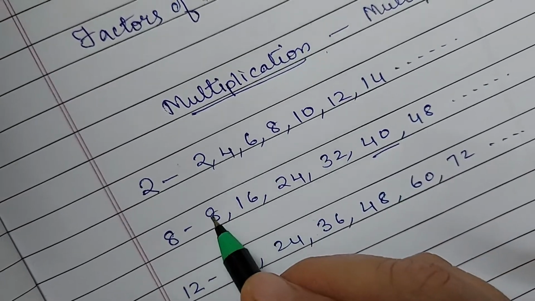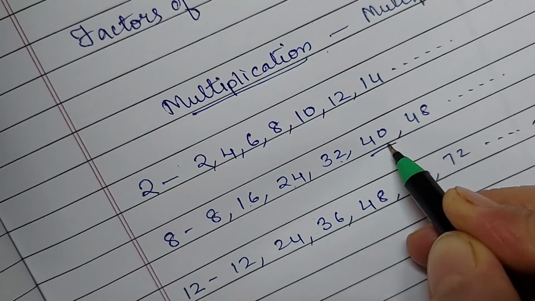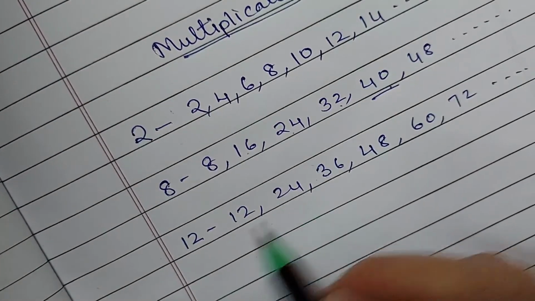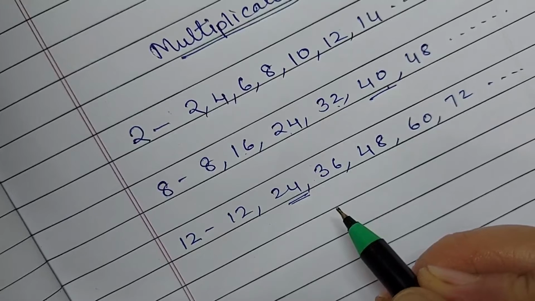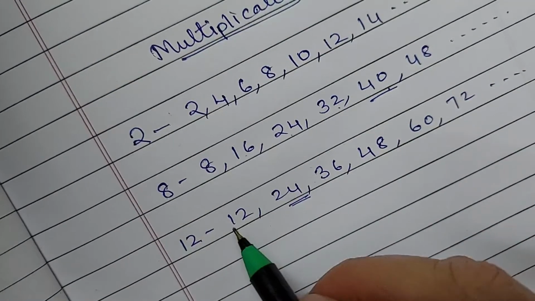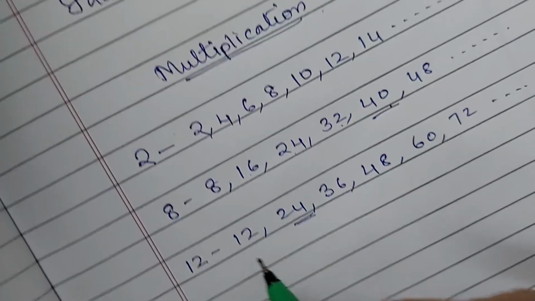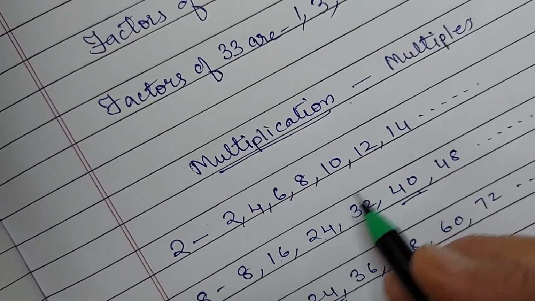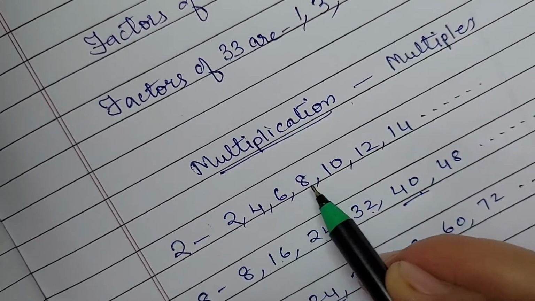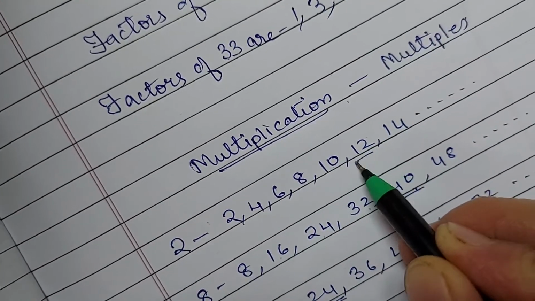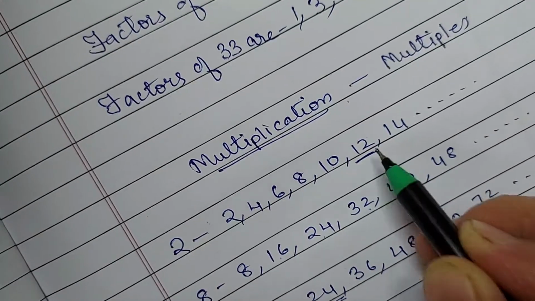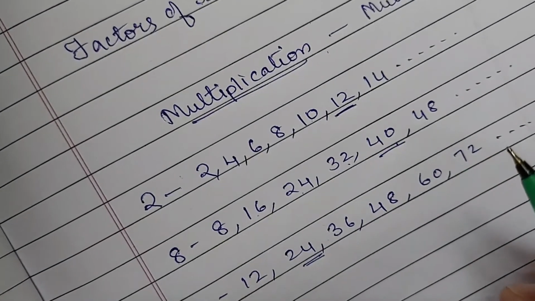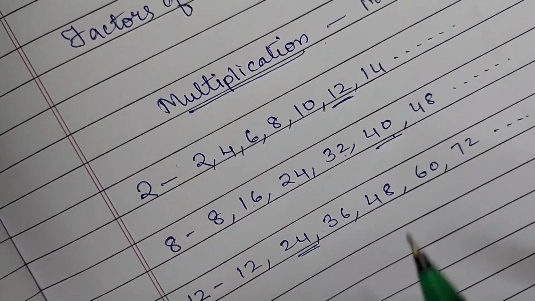Write 4 multiples, write 5 multiples, or write the 5th multiple. 5th multiple. This is 1, 2, 3, 4 and 5. Which is the second multiple of 12? So this is second. Start from 1. Always start from 1. Okay. Now if I am asking you the 6th multiple of 12, 1, 2, 3, 4, 5 and 6. So this will be the 6th multiple of 12. So read the question properly, understand and act according to it.